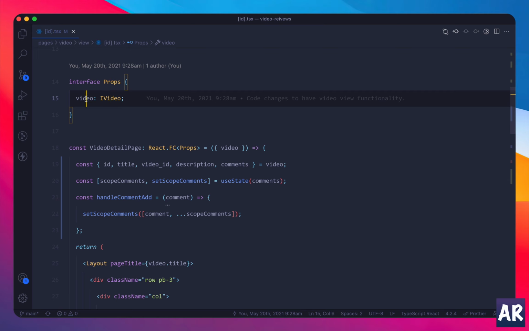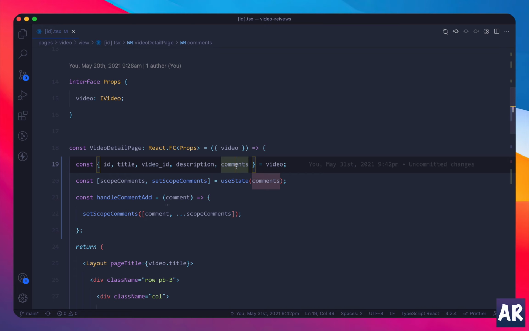So we are saying that we have a new array in our video object, which is comments. So I destructured it. And then if you understand that in a React component, you cannot modify a prop object. Whatever you're getting in a prop, you can't modify it. It's a read-only object. So what's the problem with that? The thing is,